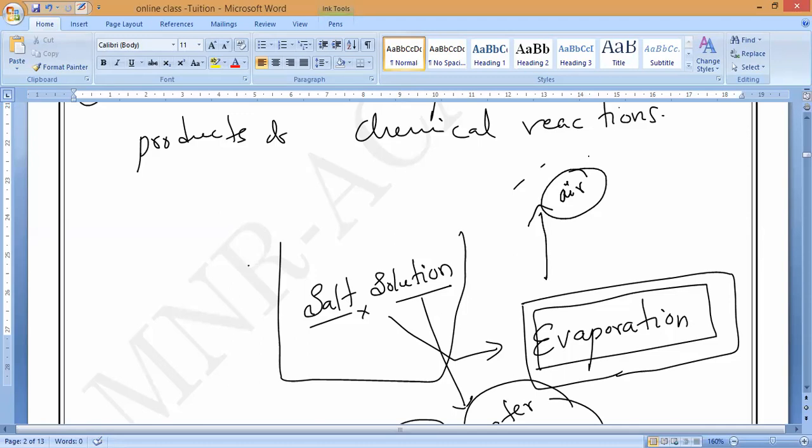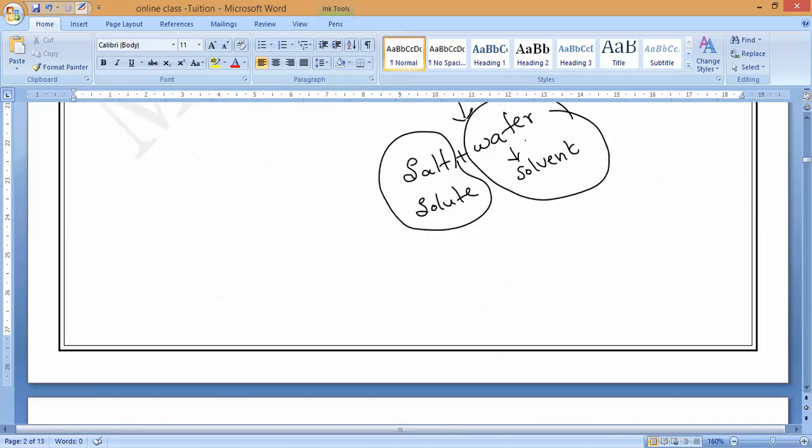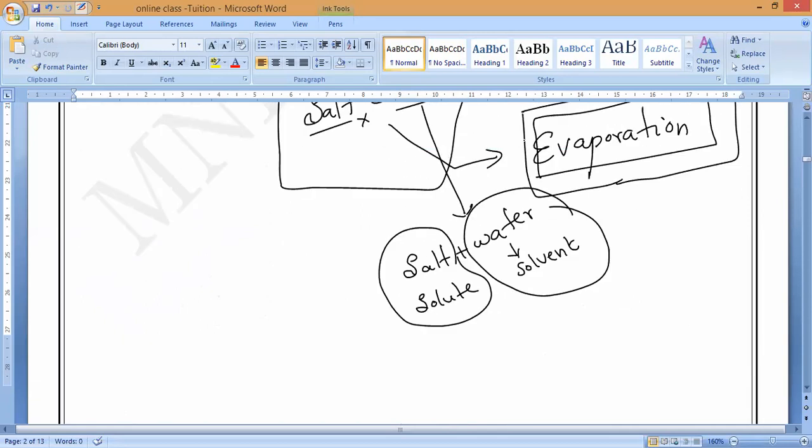But that is why we want both. Is it yes or no? We have the advantage of both the salt solution, and a salt solution is a mixture of what? Salt and water. So we have the importance of salt as well as the importance of water. Yes or no? Yes, sir. We need water as well as salt. So we want to separate both and also recover both. We want water and we want salt, but we want to separate them.